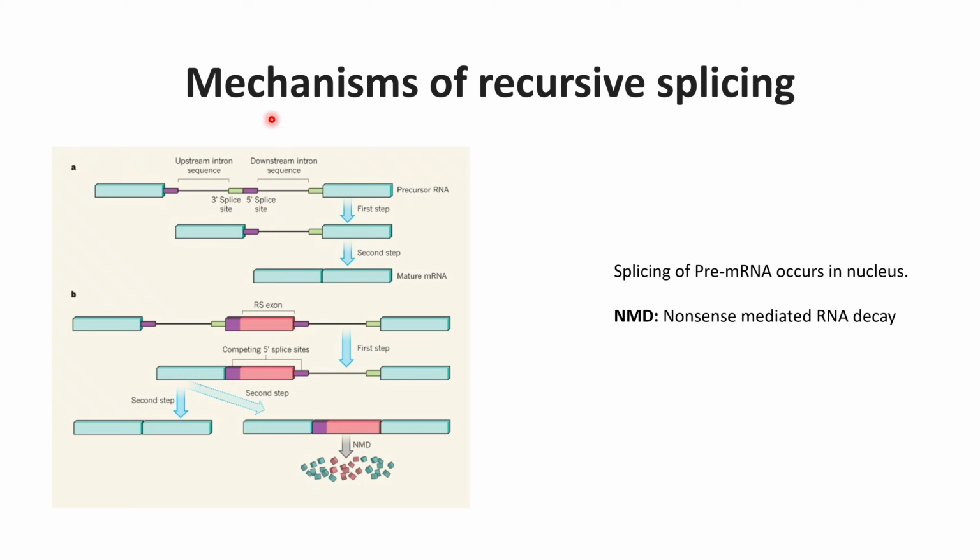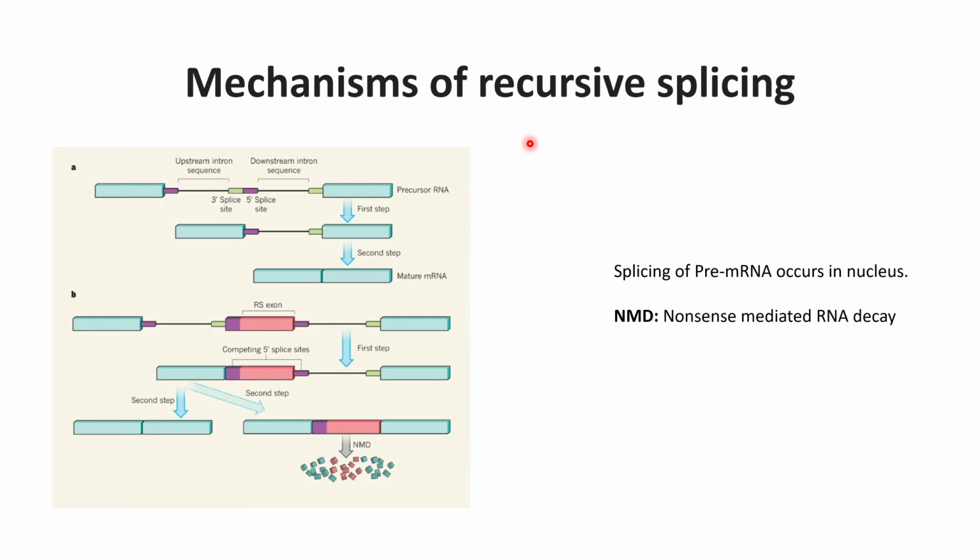In this video, we will discuss the mechanism of recursive splicing, or we can say the splicing of pre-mRNA so that it becomes mature mRNA and then moves to the cytoplasm. Before going directly into the topic, let us understand some background about this mRNA. When transcribed from DNA, mRNA comes in the form of intron and exon. So far, we know that introns are the non-coding sequence, and